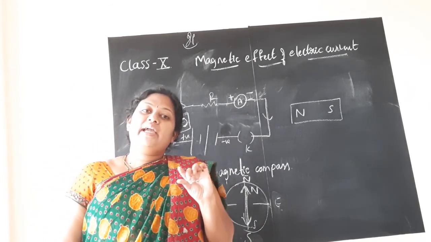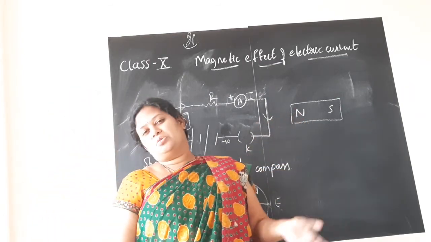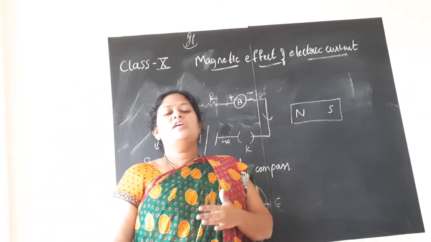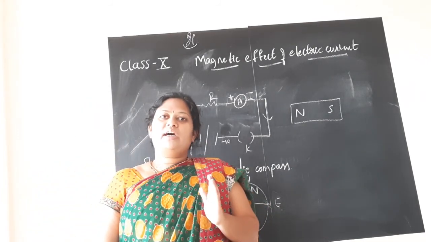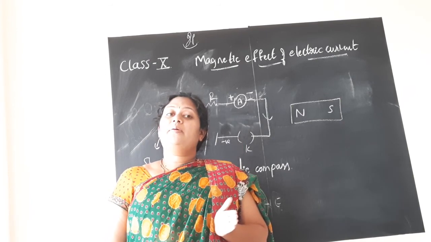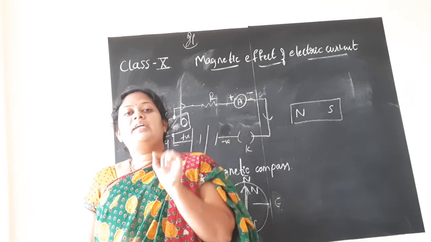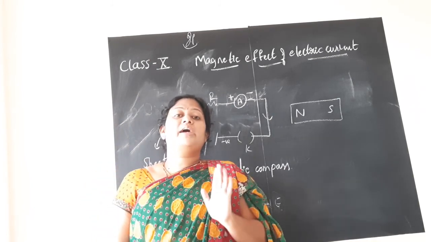They use the word magnetic north. Why magnetic? It is shown by the magnet. So you need not worry much about it. So the magnetic compass is the device which always shows us the magnetic north. What is a compass made up of? Again, it is made up of a tiny bar magnet. So now I hope you all have understood what a magnetic compass is.